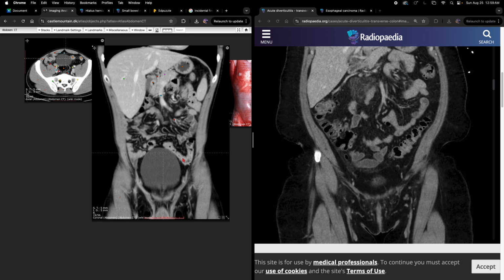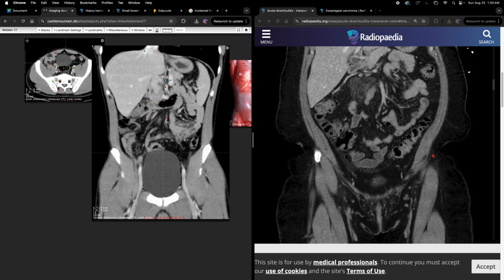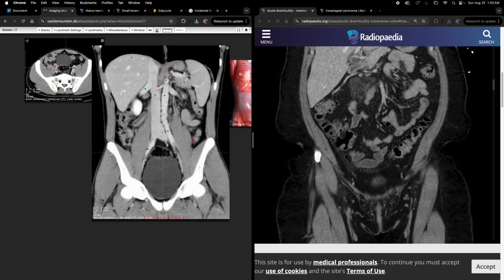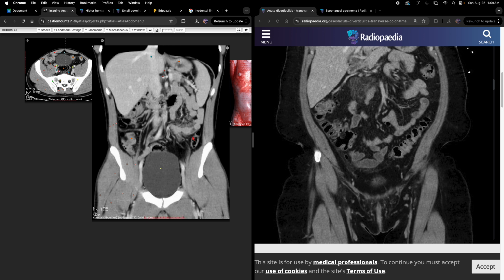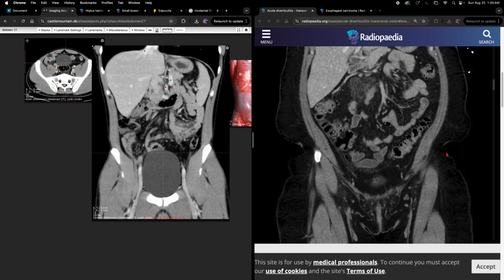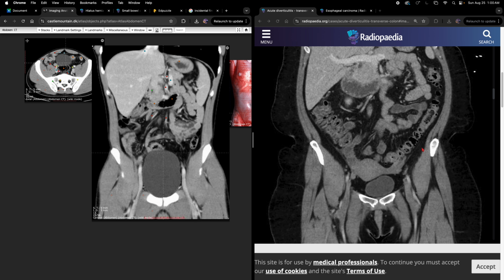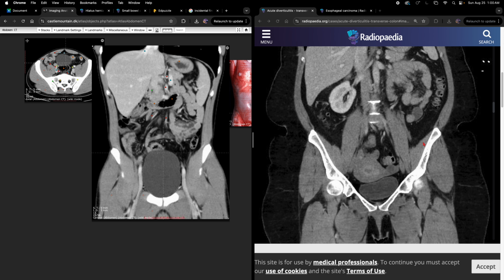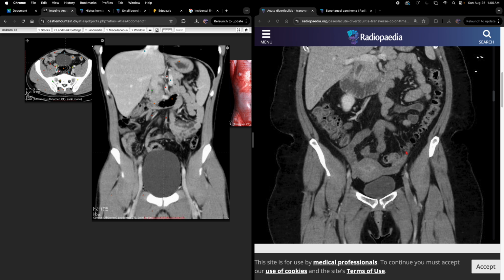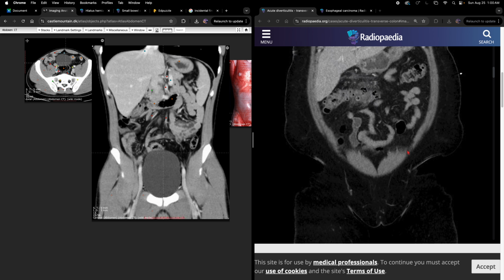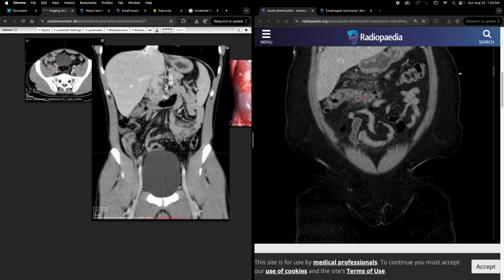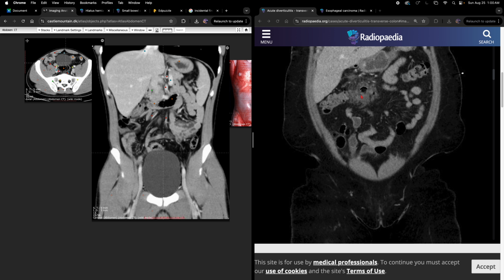You see how much cleaner this looks compared to this one. This person has a huge bladder, by the way, but there's no diverticula to speak of. It looks like normal bowel and air in the bowel, but over here we can see the diverticula all along the sides and even some dirty fat around it. We can see some inflammation over here as well around the transverse colon. All that's diverticulitis or evidence of diverticulitis. Okay, and then let's continue on